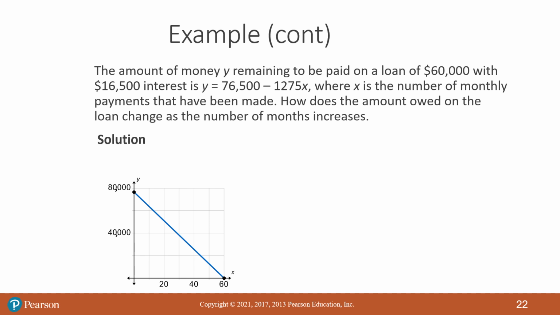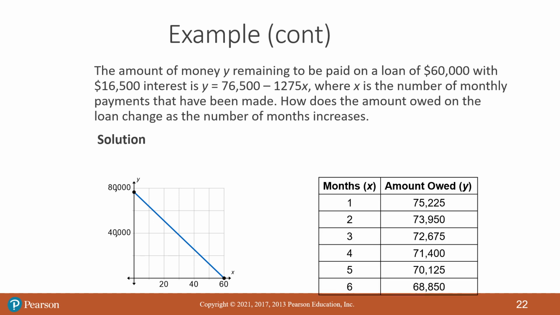Well, we've seen the graph for this. What happens as the months increase and you make payments? Well, the amount owed on the loan goes down. It's pretty clear by the graph, I think. If we look at the individual months and what the amount owed is after each month, when we look at the first 6 months, you could tell that the amount owed decreases after every month because we make a